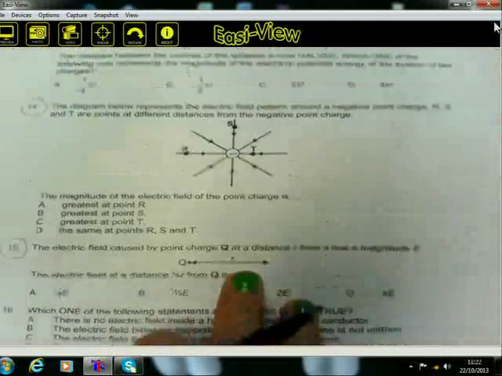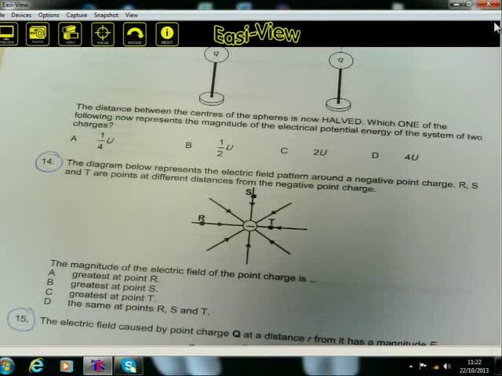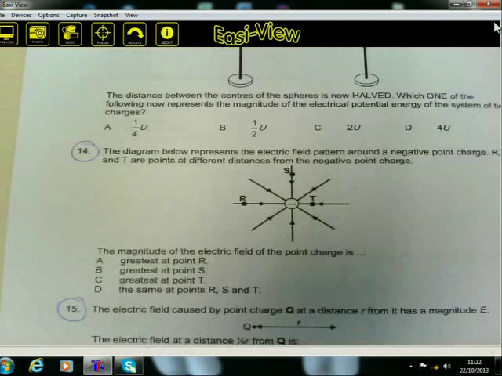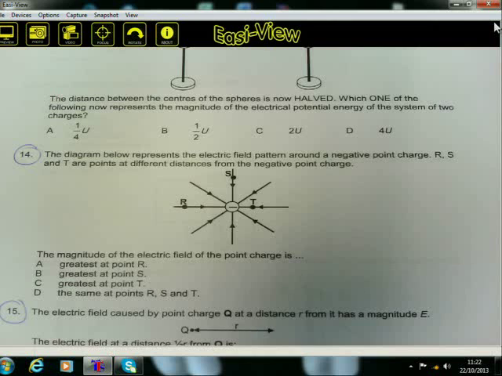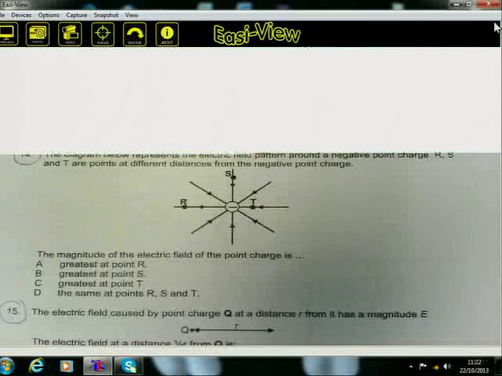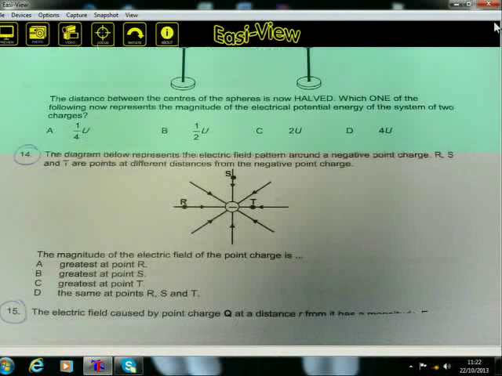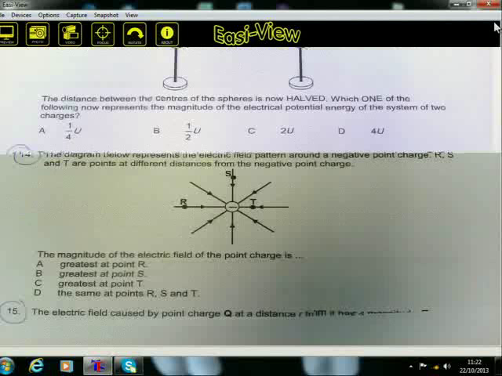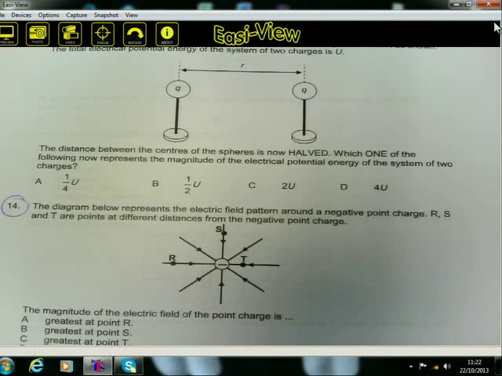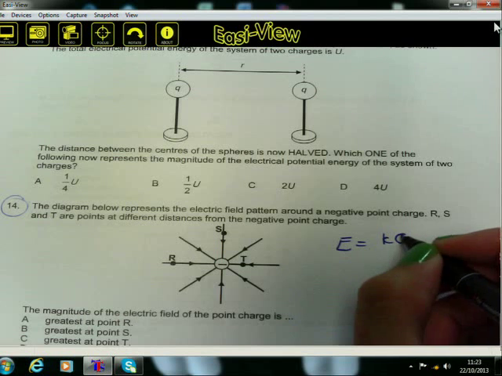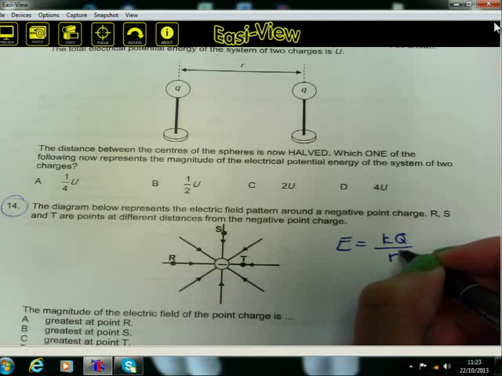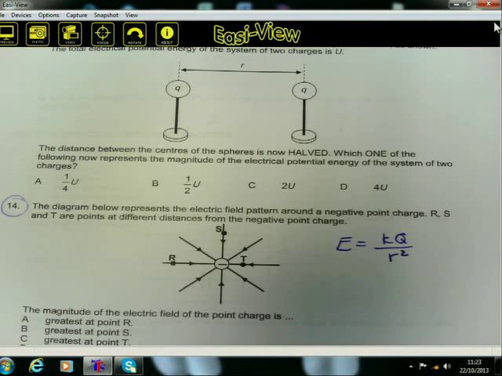Alright, let's move on. The next example that I brought for you is a very easy one. And it's just a rule that you must remember. Let's look at number 14. The diagram below doesn't apply to us anymore. We're now busy with electric field. Electric field. E equals KQ over R squared. Okay? So the question